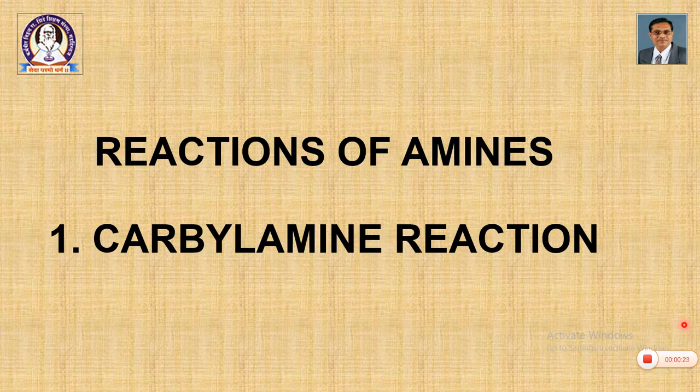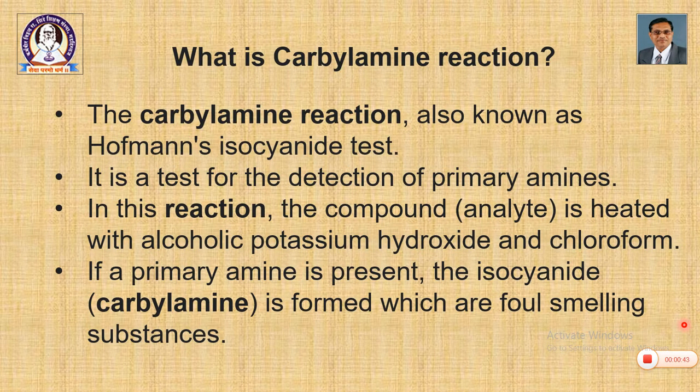So, 4 categories of reactions are expected from us. We are going to see these reactions. What is the scope? The scope is that you must know the general idea about the reaction, its concept, a general example, and an explanation with the help of a suitable example. So, the first reaction is the carbylamine reaction.